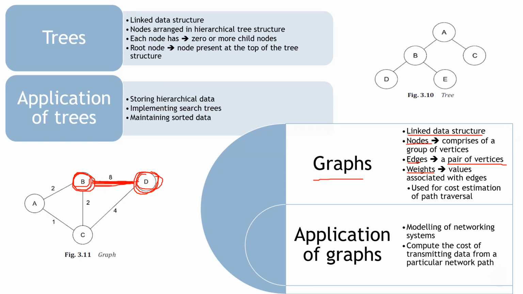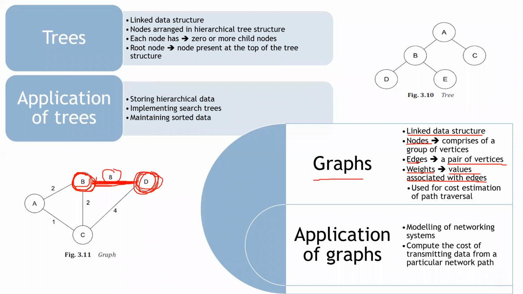It might also be how much cost is involved, in terms of amount, in order to make a connection between the two nodes. Even that can be incorporated as a weight. So this is just an example. So here we have nodes, which are called vertices. The interconnecting parameter between the vertices, that is a pair of vertices, is called the edge, and each edge will be associated with a term called the weight, which is the value associated with that edge.